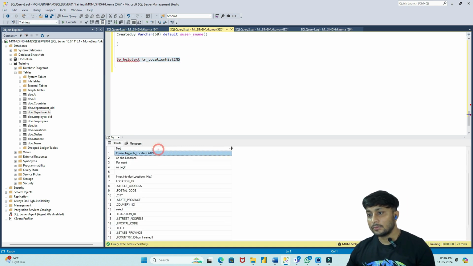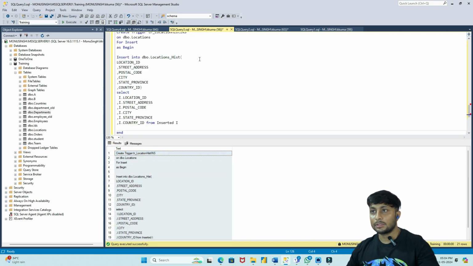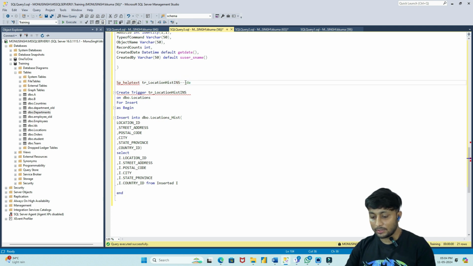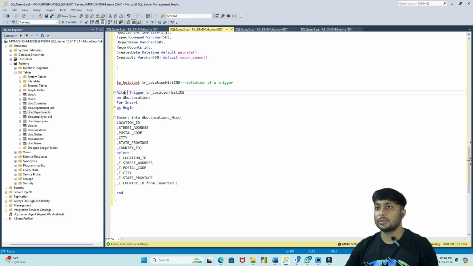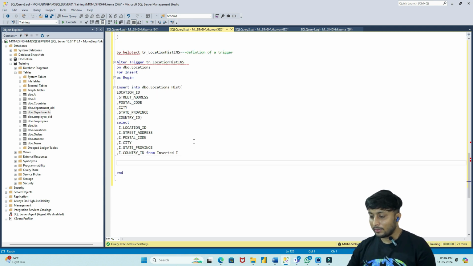So in this way we can see how that trigger is being made, and I'm using this trigger. Using help text you can see the definition of a trigger. Here I am inserting a record, so I don't want to touch it. For altering we will be using this particular ALTER TRIGGER, and along with that insert,